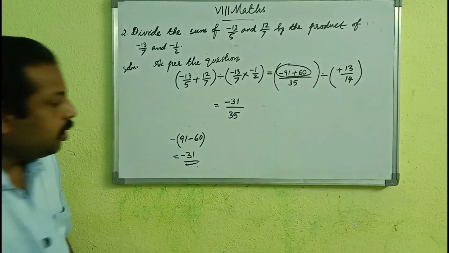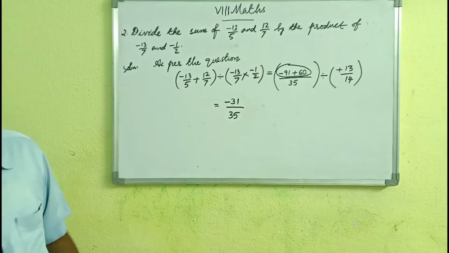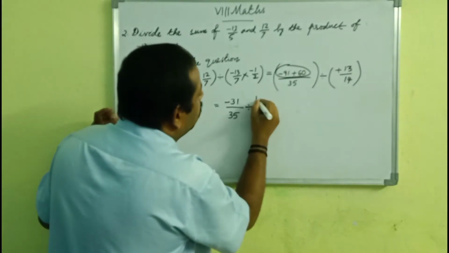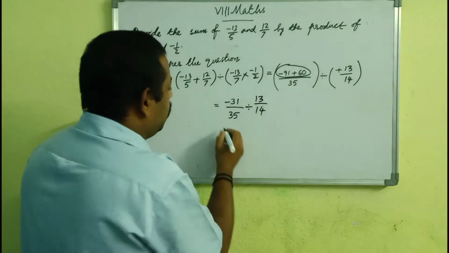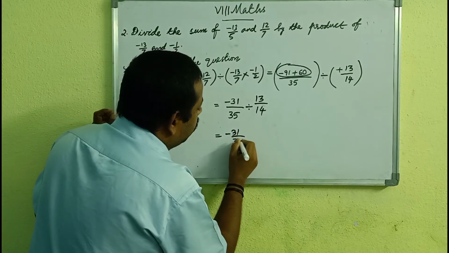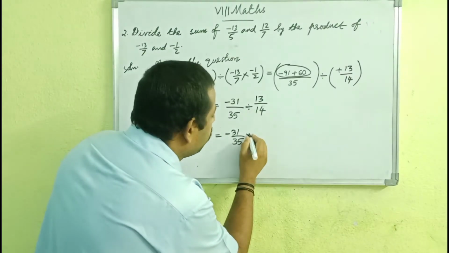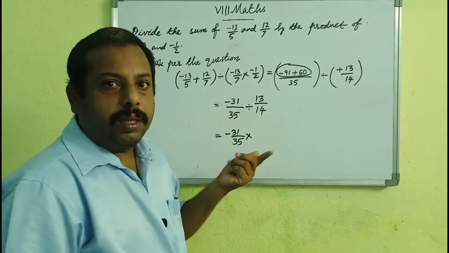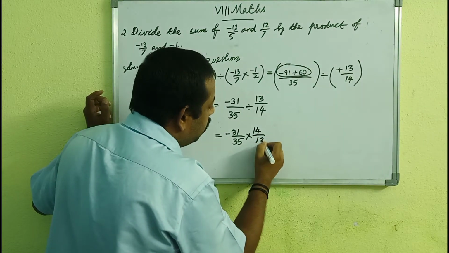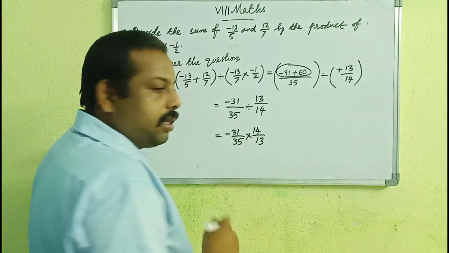So you can practice that. Several problems are to be written and practiced. You already learned this very well in 7th class. Divided by 13 by 14. It is equal to minus 31 by 35. In the previous example, you have already learned we will not divide. What will we do? We will multiply by the reciprocal of 13 by 14. The reciprocal of 13 by 14 is 14 by 13. The denominator becomes the numerator, and the numerator becomes the denominator.